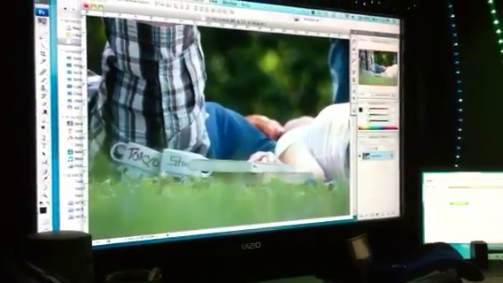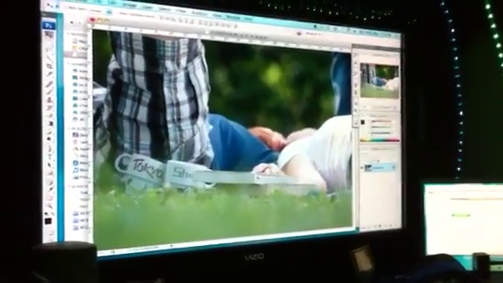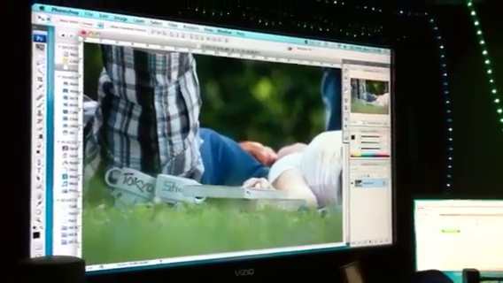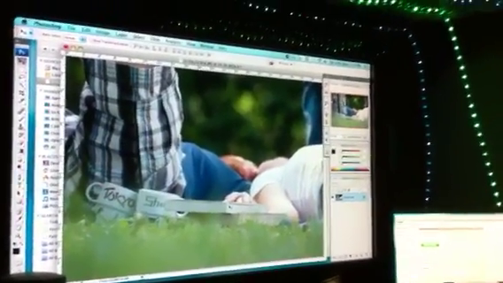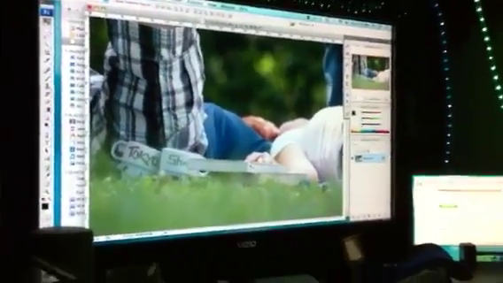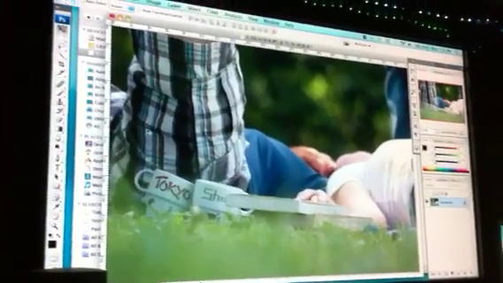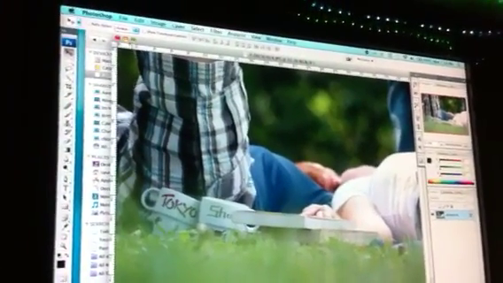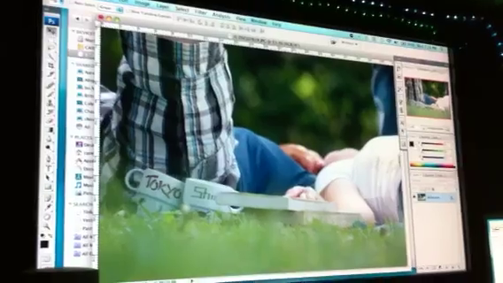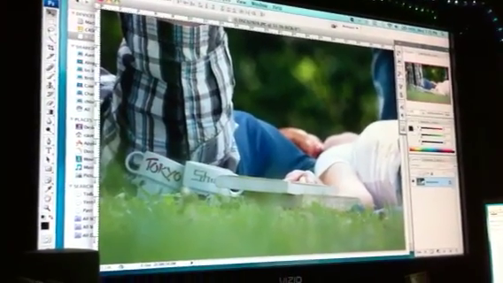Today I'm going to show you how to watermark your images for copyright purposes, for advertising, and pretty much anything you want to do as far as adding a transparent watermark that's visible on your picture, as well as copyright information. So what I've got here is a picture from a couple's engagement session, and the first thing I'm going to do is the copyright information that is going to attach itself to the photo when